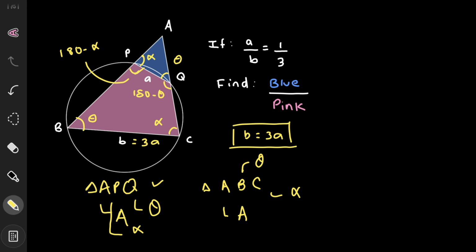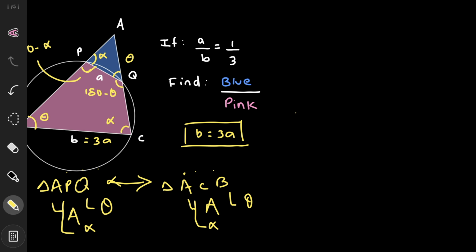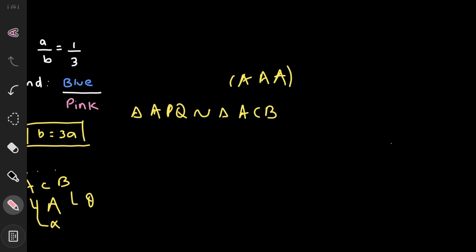Now we can see that in these two triangles, all the three angles are the same and we just need to arrange them properly. So I will take the other triangle ABC as the triangle ACB. It's the same triangle, but this time it is according to the correspondence. Angle A equals angle A, angle C equals alpha and angle B equals theta. So line-wise over here, these three angles equal these three angles. Okay. Now all the three angles between these two triangles are the same. Therefore the triangle APQ is similar to the triangle ACB by the angle-angle-angle property. Now to solve this further, we have to use a rule related to similar triangles.